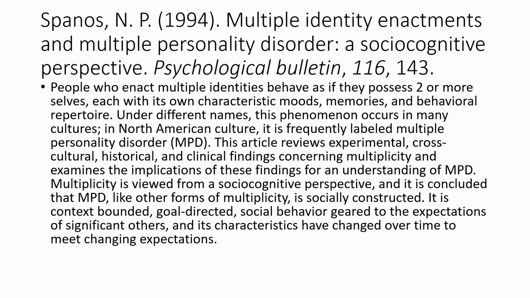So this is Spanos' 1994 paper. It's an important paper because it was one of the first introductions of the sociocognitive model of multiple personality disorder, which is now called dissociative identity disorder. Now, this is an alternative explanation of what is going on with dissociative identity disorder. One, the trauma model is that trauma causes multiple personalities, and then you have to relive traumas to undo multiple